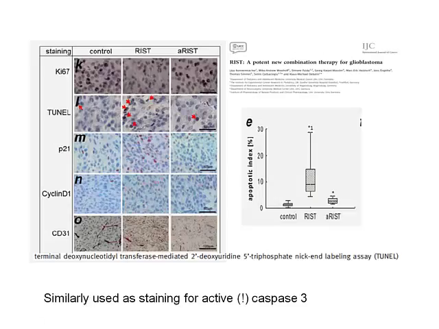There's TUNEL staining. TUNEL staining is often used in histological slides, where you basically label damage of DNA. So if the DNA begins to get fragmented,